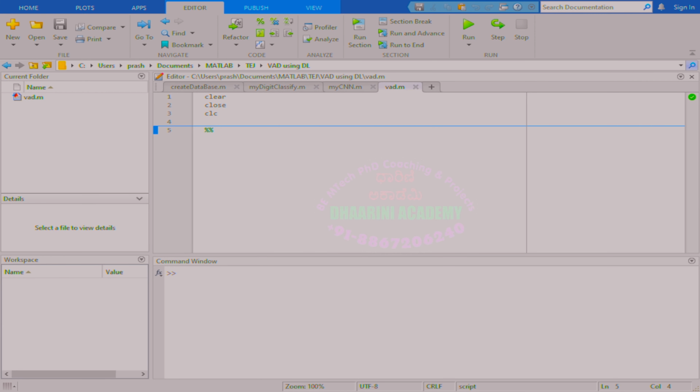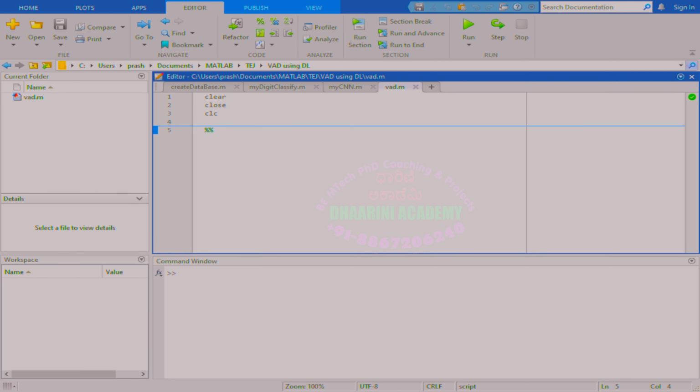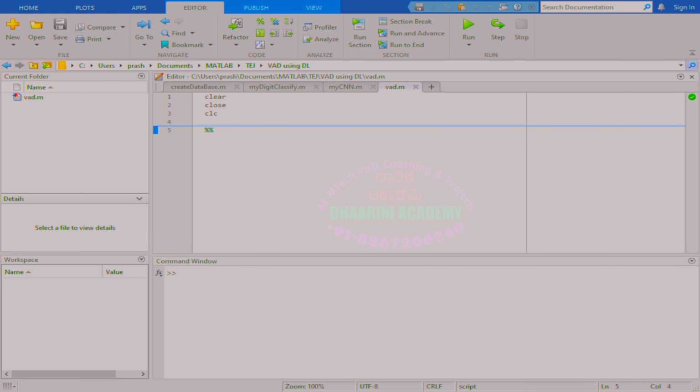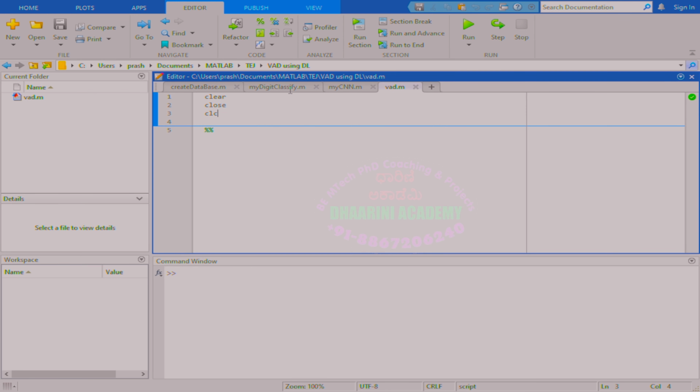So our objective being the voice activity detection, and we want to improve the performance in detecting the voice signal whenever there is noise. Okay, right. So run the section, and so in this next part,